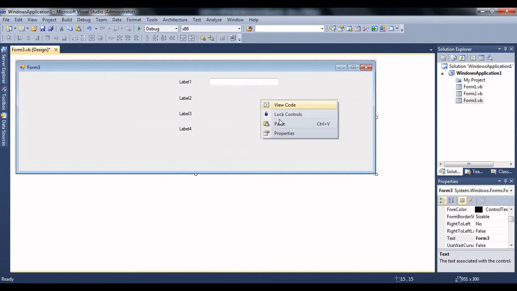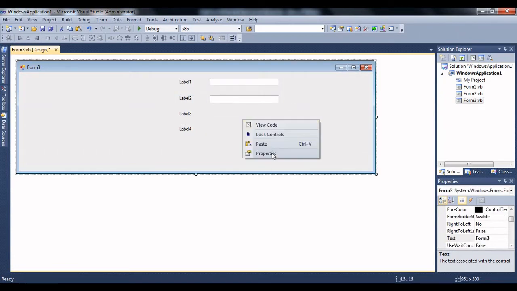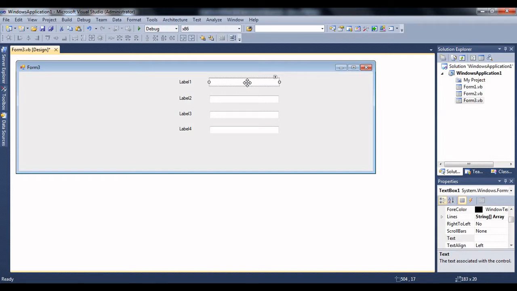The first text box, then the second one. Let me copy and paste. Second one now. The third one. When you insert multiple text boxes, make sure that you arrange them in a sequence. Text box 1 is placed at the first position. You can have a look at the properties wherein text box name will be displayed. This is text box 1. At the second position we have text box 2. At the third position we have text box 3. And at the fourth position we have text box 4. Make sure that your text boxes are arranged in sequence.